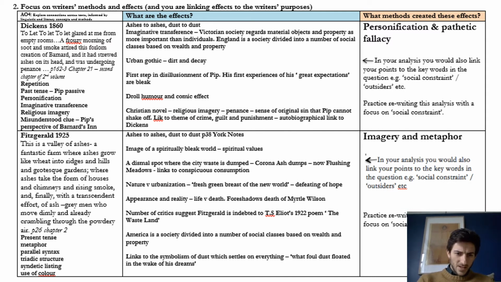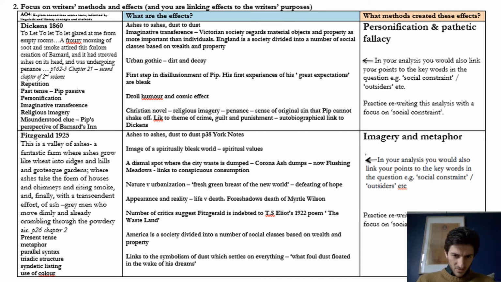And in the same time in the Great Gatsby row at the bottom, we're in the present tense, not the past tense. We've got metaphor instead of personification. We've got triadic structures, listing, and we've got the use of colour. We could think about both of these societies. Dickens's Christian society, Fitzgerald's sort of American society,